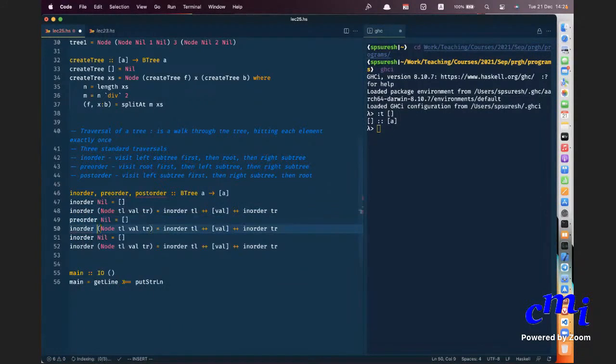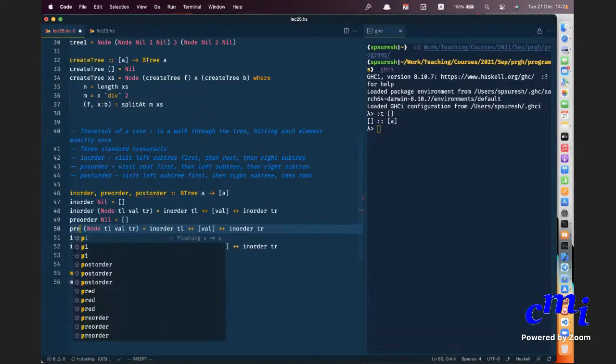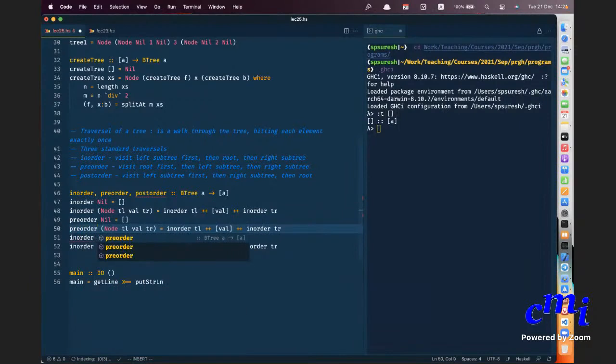I just need to change that, and this whole value part will go to the very end. And now here is post order.